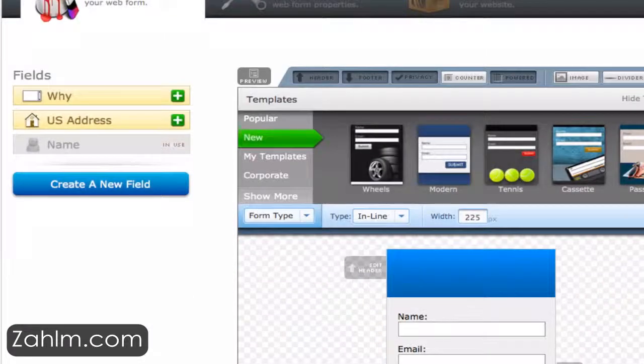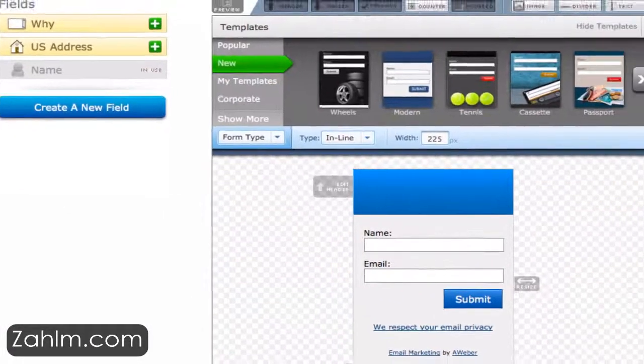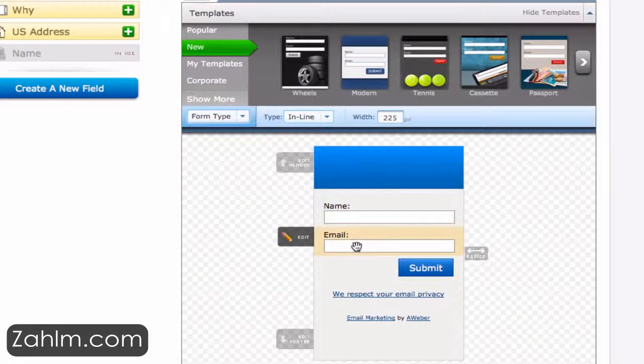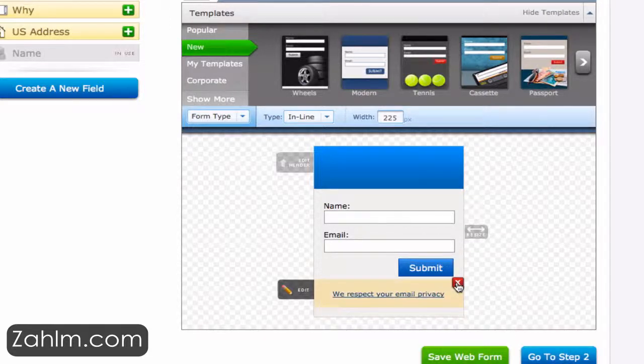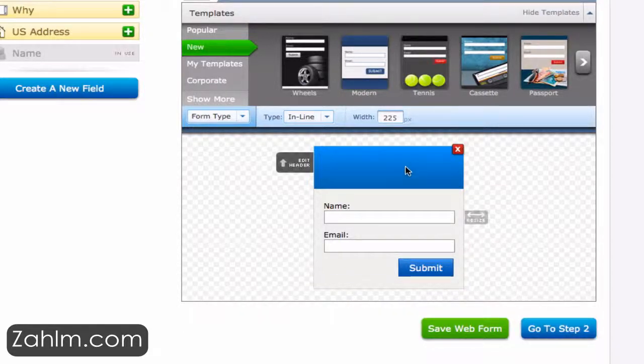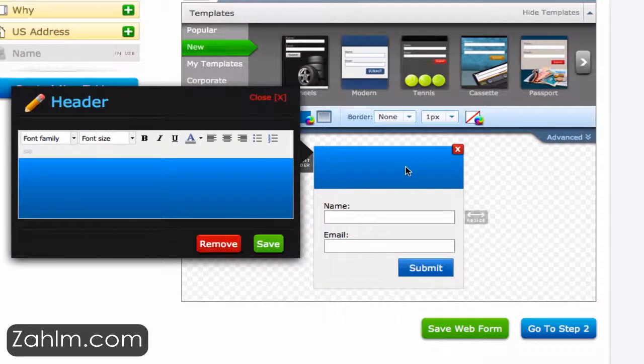And this process is pretty simple. This is the default web form here. You can use templates as they're shown up here, or you can just customize this default one. So for these purposes, I'm going to get rid of some of these elements by just clicking on the X here, just to get rid of the footer and stuff like that. And then for this header area, you can just click on it and you can put in some text